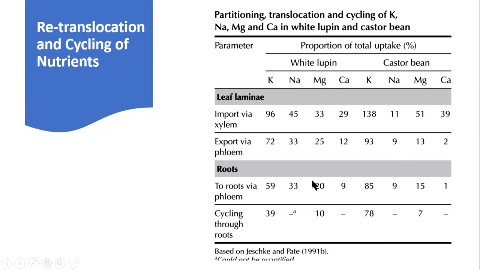So you can see here that to roots, the ions are also flowing through phloem, because once the ions enter the xylem, they have to move up, because the xylem is a non-living body, and then in the upper part they may be retranslocated to the phloem, and then they are utilized